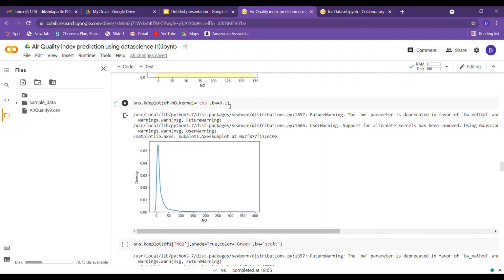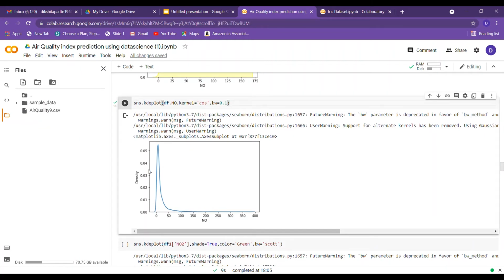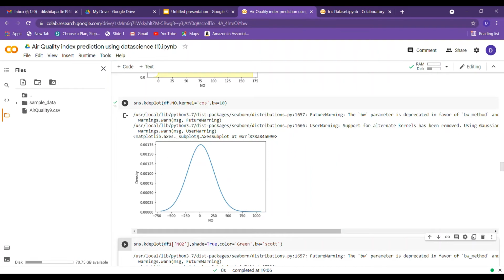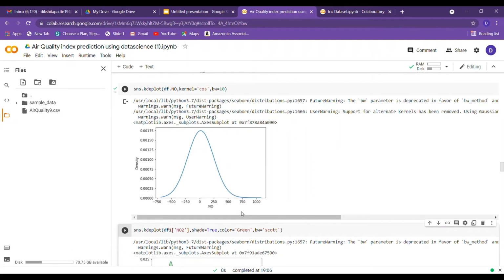And this is the bandwidth. Here the bandwidth is 0.1, and that's the reason it is a very peaky kind of plot. But once you change the value to 10, you can see that it is a perfectly bell-shaped, smooth curve. Now there will be a doubt in your mind: how to choose the bandwidth, and on what parameters can we decide the appropriate bandwidth for us?